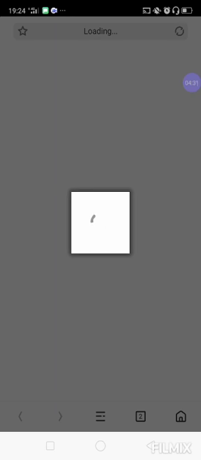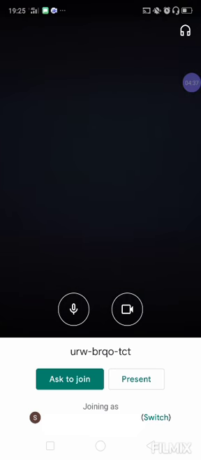As soon as you click on the link, it will directly take you to that Google Meet app automatically. No need to do anything. No need for any copy paste. It will automatically open in that Google Meet app. Now here it is showing ask to join. Means it is a kind of meeting. It is like a classroom. And you are the student. You are asking to enter inside the classroom. As in school, before entering into the classroom, if the teacher is there, you ask, may I come in? So this is like that only. Ask to join means you want to join the meeting. So first you will ask your teacher whether she allows you to enter inside the class or not. So here you have to click on the button ask to join.